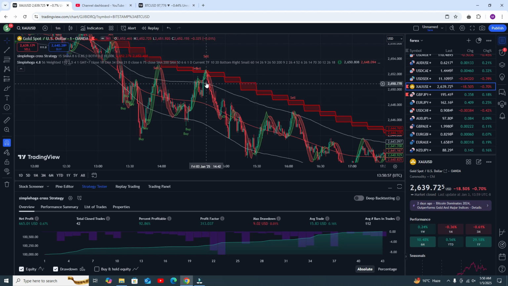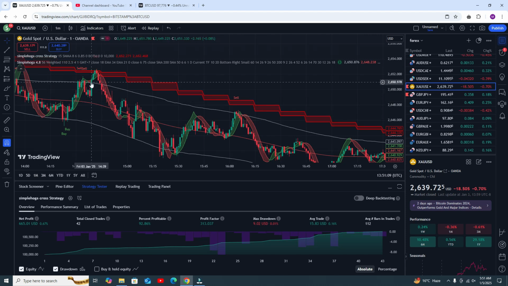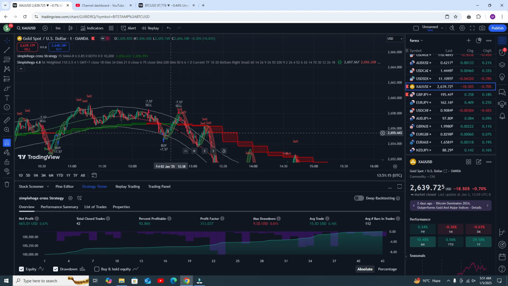But here one thing we are missing. What is the importance of RSI? Because we are using all the things, but we are not using the RSI. Here you can see there is the RSI ribbon. When this ribbon turns red, it will give you the sell signal. When it changes to green, it will give you the buy signal. That is a very simple one.